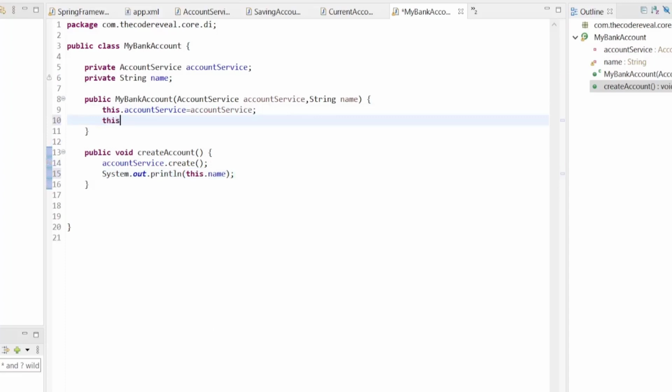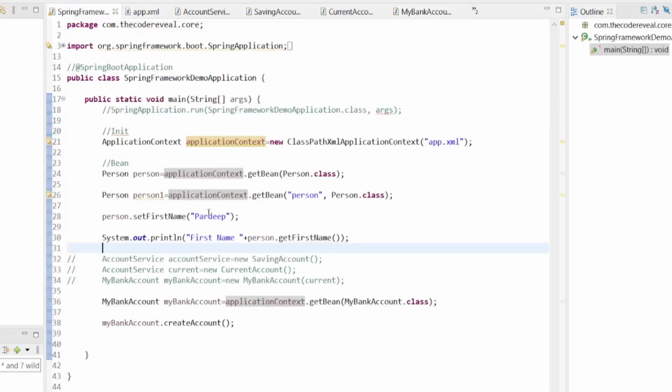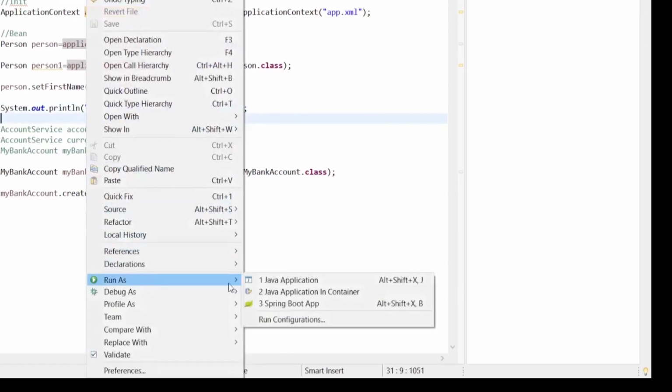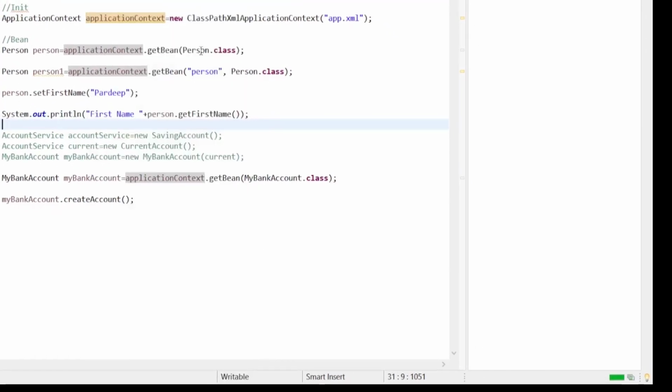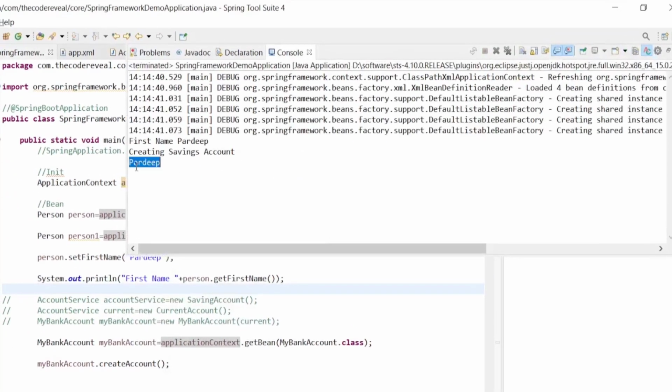Let's write this dot name equal to name. So now when we run this, it's printing the name.